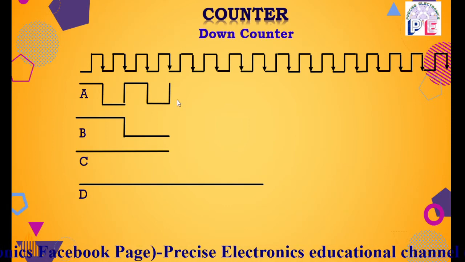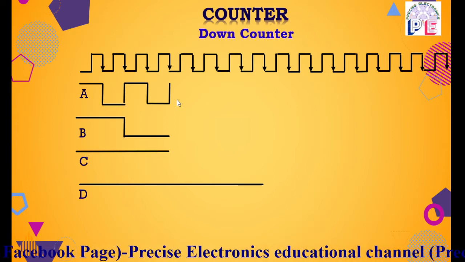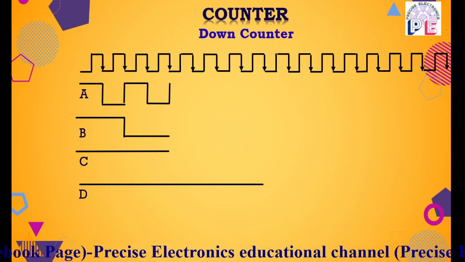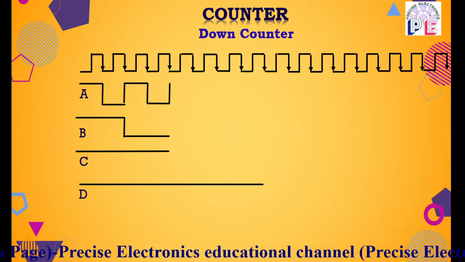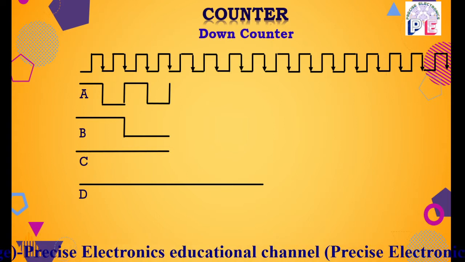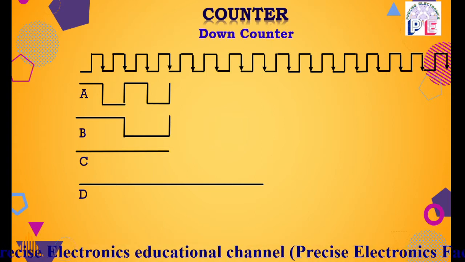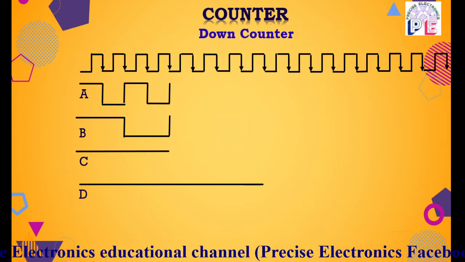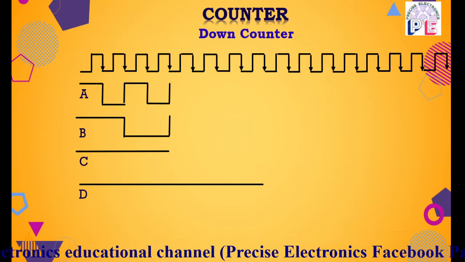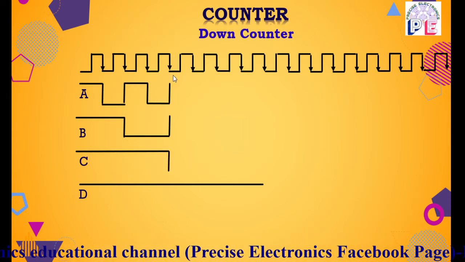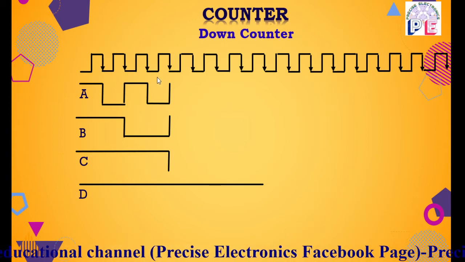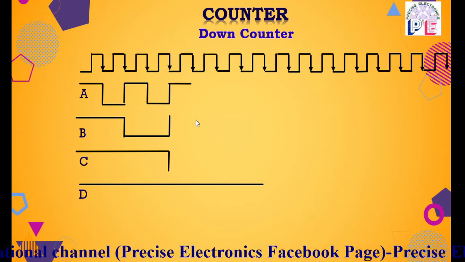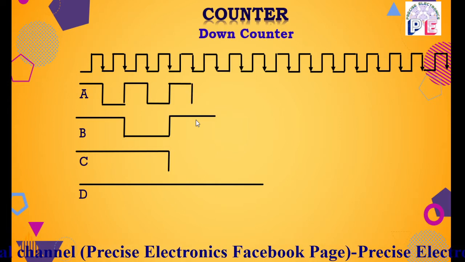At the fourth clock pulse, the negative edge of the fourth clock pulse, once again A toggles from 0 to 1, which is a positive edge. So the complement gives a low edge from 1 to 0. So B changes its state from 0 to 1. So the complement changes from 1 to 0, which toggles the next flip-flop, and it changes state from 1 to 0. So the output of the counter at the fourth clock pulse is 1011.